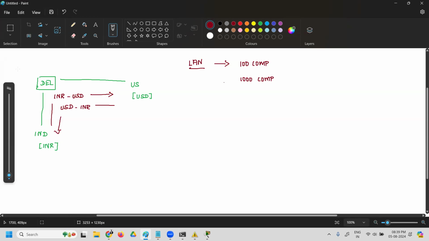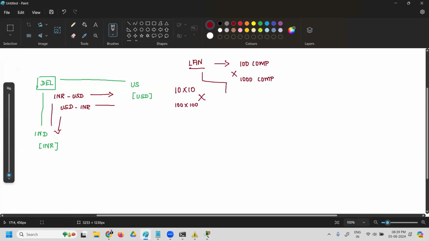Again, LAN is not defined based on the area. You can create a LAN inside a 10 by 10 room also, and you can create a LAN inside a 100 by 100 room also. So LAN is not defined by the number of devices, or by the area. This is the basic definition of LAN. Why do you go for LAN?